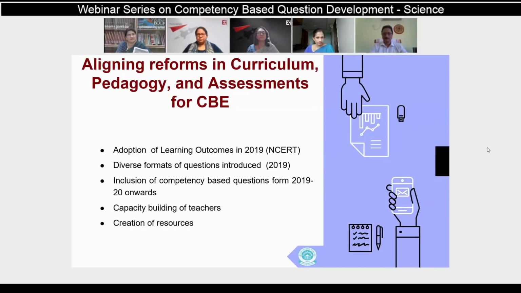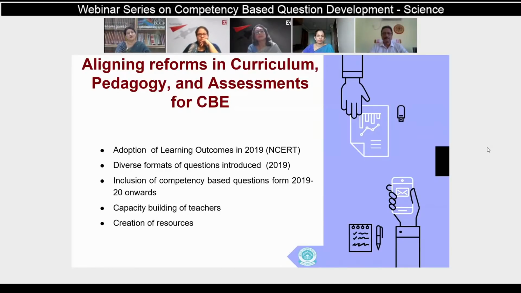A massive capacity building exercise has been initiated by our training unit, by our centers of excellence. We have also designed certain MOOCs which the teachers can access from the Diksha portal. Besides this, we have partnered with experts from various fields, both government and non-government, to create a host of resources. During the last 2 years, we have partnered with the British Council, Sri Aurobindo Society, Azim Premji University, Central Square Foundation, Educational Initiatives, Think Tank, and a few other organizations.